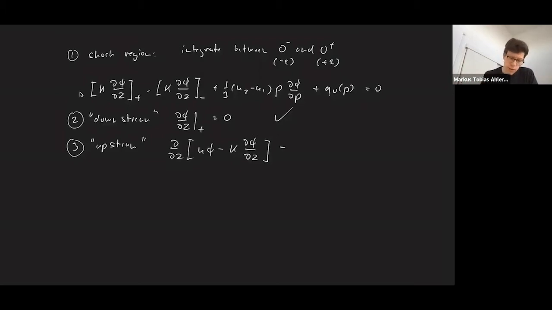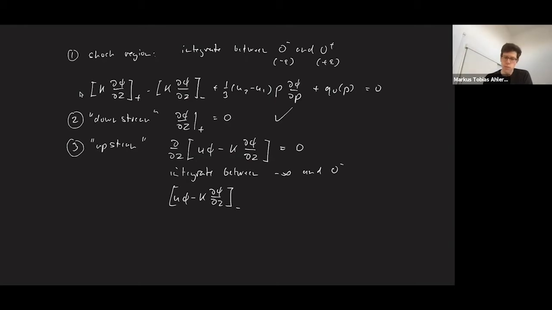And the differential equation is reducing to just these two terms, the convection and the diffusion term. So if we now integrate between minus infinity, the boundary condition of the interstellar medium, and 0 minus, just below the shock, then this will give us simply u phi minus K del phi del z